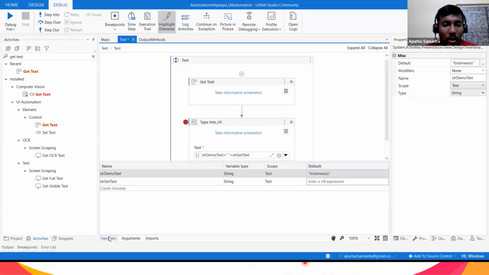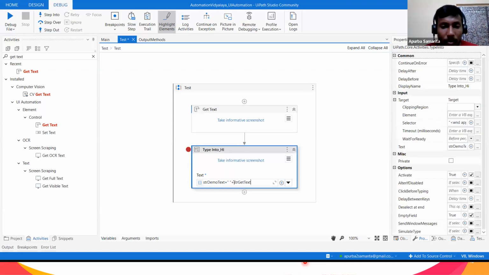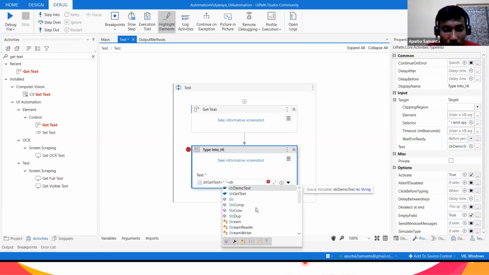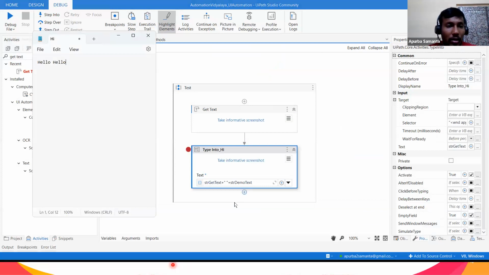So previously from this one, this is the get text. This get text will be your first thing. Right now it is hello hello. So this is the first thing I got, now here one space, now plus, then str, the demo text. Because in demo text we have written this one. Now if we go here, it is written hello hello, but you need hello hello, then you need